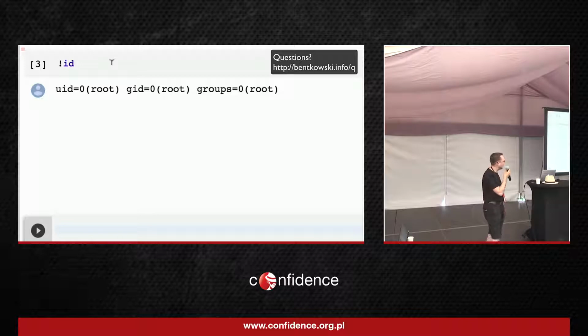Of course, the reality isn't as bright because you might remember that the first execution of the command took us slightly longer than the subsequent ones. And it was because when I tried to execute the first command, Google created a virtual machine in Google Cloud for me, and everything I do is executed in the Google Cloud virtual machine. So it's not really profitable for me that I have a root account because you can create your own virtual machine in Google Cloud and it doesn't give you access to other people's data.